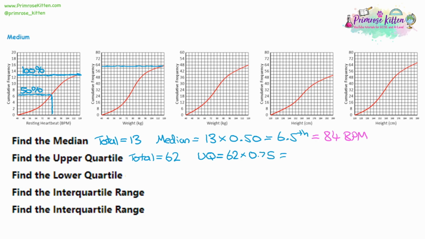Now you can find 3/4 of 62 if you're confident with your fractions, or you can multiply it by 0.75 if you're confident with your decimals and your multipliers. There's different ways of doing it. And this is going to give us the 46.5th person. And so we have to find them, and we have to find what value they have to get our estimate. So we're going to find 46.5. We're going to draw a line across. And it's very difficult to get exactly 46.5 off the axes, given how close the values are. So again, this is where to remind you, it is an estimate, and you don't have to be 100% accurate. You'll be allowed a range of answers, because it is difficult to get the exact values off these graphs.